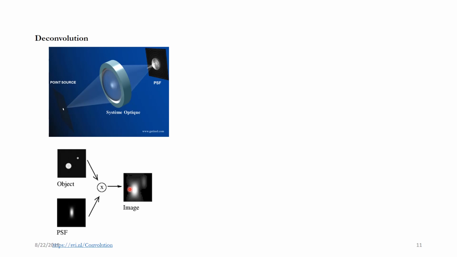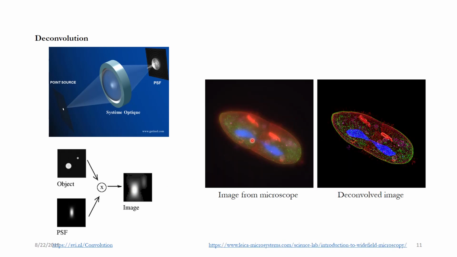So how does it affect our image practically? This is the original image, how it was supposed to be, but because of convolution with the point spread function, or basically distortion of the original image, you get an image which is like this. A lot of out of focus light, a lot of different overlaps that are happening, and many more artifacts that you see. So there is a mathematical process called deconvolution,